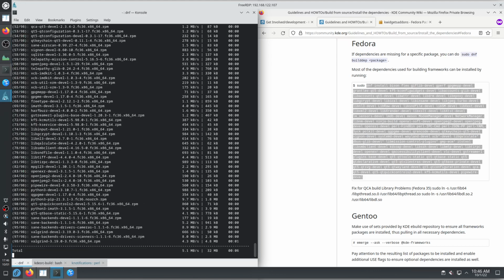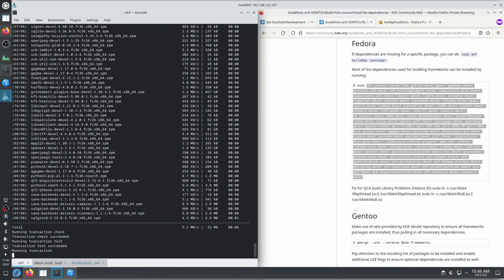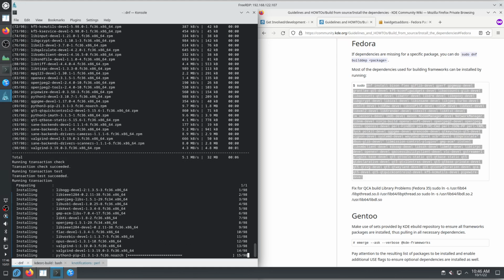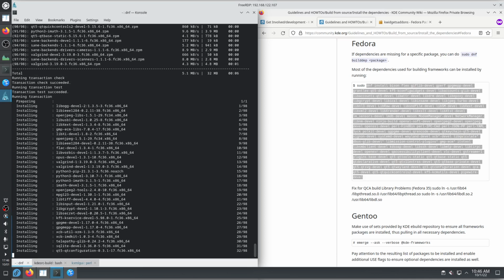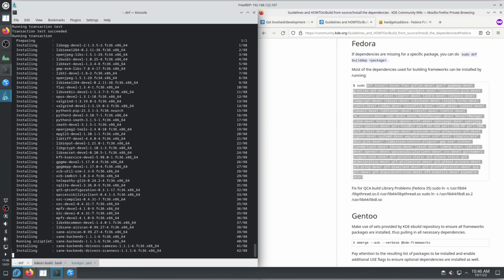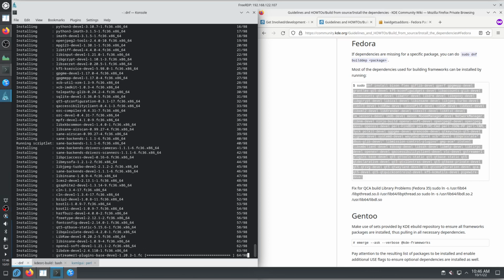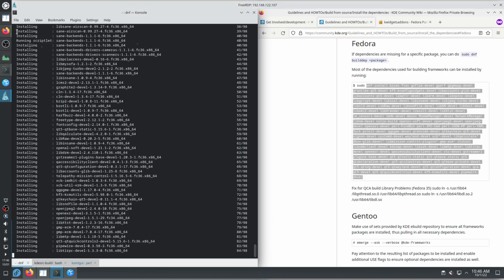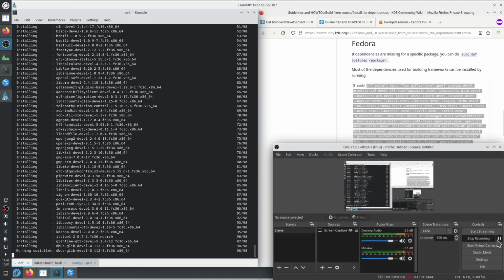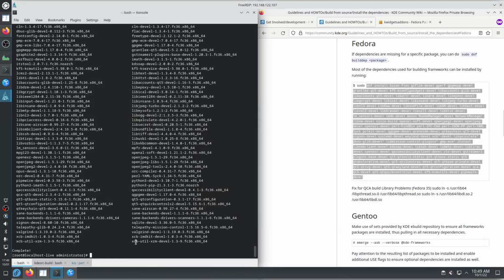So it installs both libraries, but also the -devel RPM package of that library. So sane and sane -devel. Okay, so we've installed a bunch of RPMs,